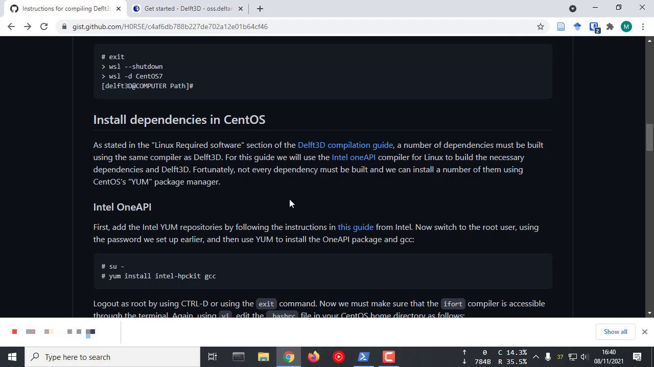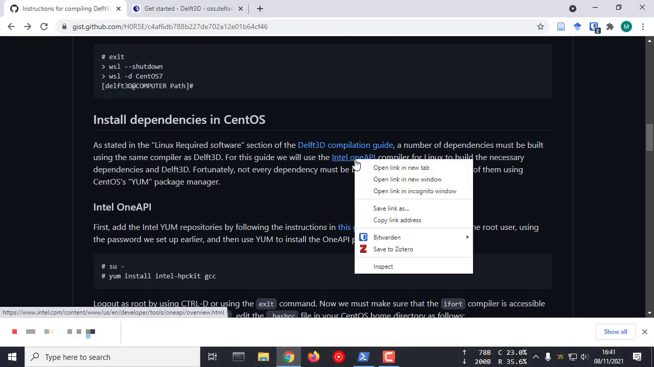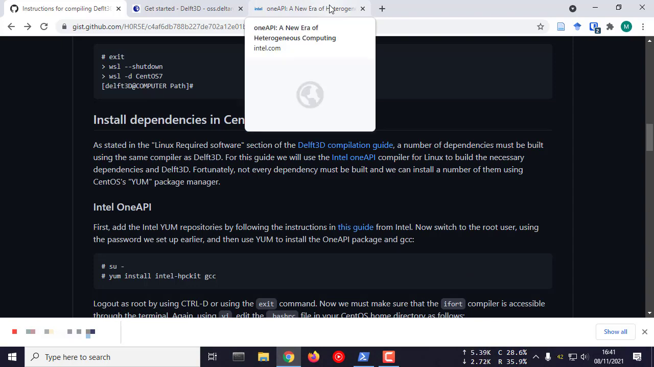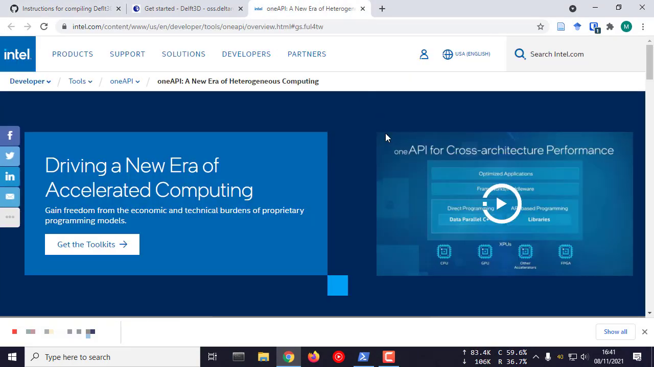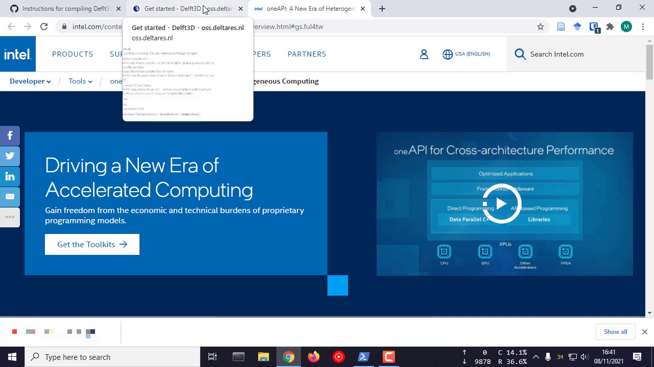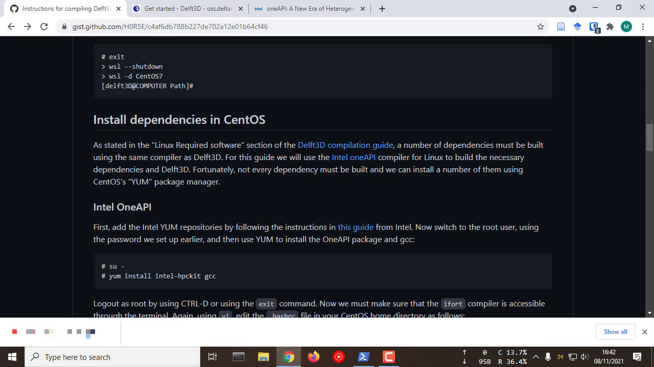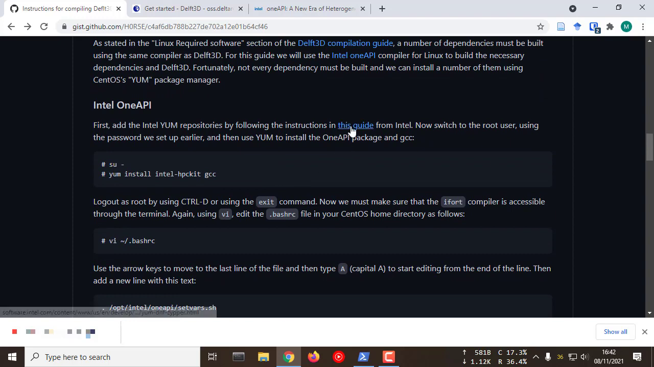The compiler that we'll be using to build Delft3D and the dependencies we have to build from source is the Intel oneAPI compiler for Linux. There's a link here that gives an overview of oneAPI. We've used oneAPI for installing Delft3D in the Windows videos we've done previously, and this is just the version for Linux. It has the classic ifort FORTRAN compiler. Fortunately, Intel have a special repository for using the Yum package manager to download Intel oneAPI, which makes it a lot easier. If we look at this guide from Intel,